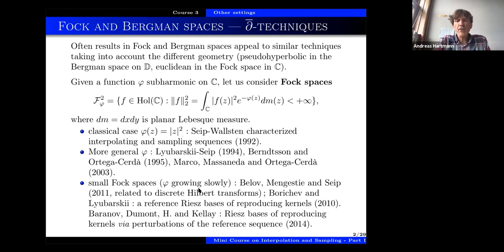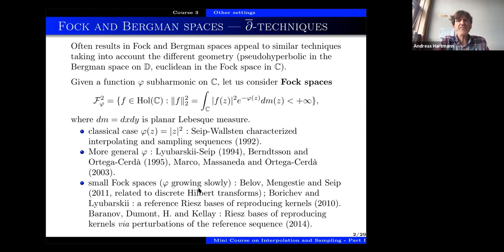Here's a paper by Baranov, Belov, and Borichev from 2011. They make some developments related to discrete Hilbert transforms, allowing to discuss the interpolation and sampling problem in this connection. It should also be mentioned that for these small Fock spaces, in fact, you can identify these spaces with the Branges spaces. For specific small phi, of the logarithm to some power, Borichev and Lyubarskii exhibited